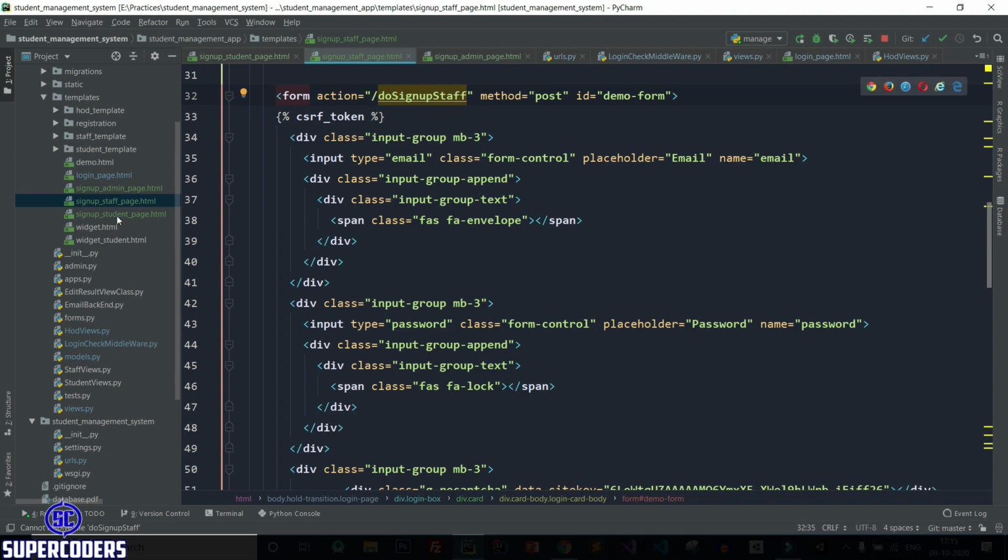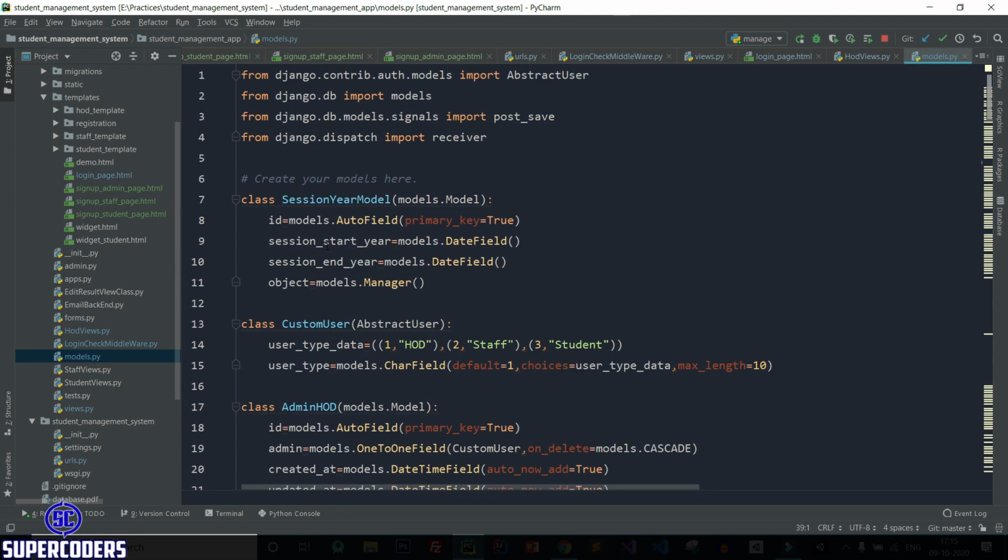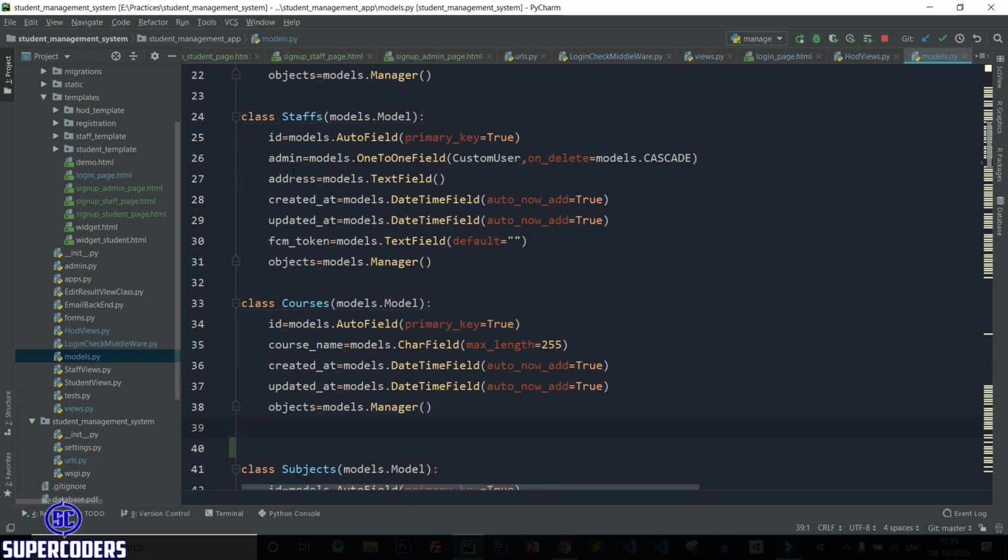After that let's see model for staff. So here if you see staff, it contains address and only address field is extra. So let's add this address field.